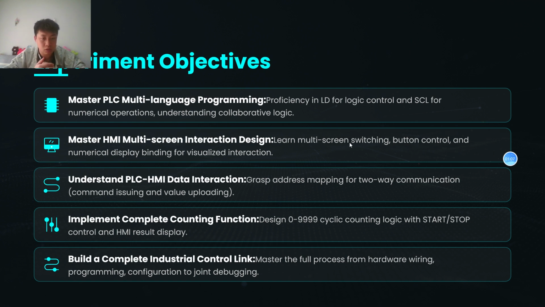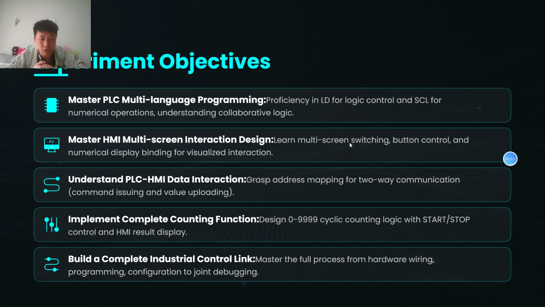Master HMI multi-screen interaction design, learn multi-screen switching, button control, and numerical display binding for visualized interaction, and understand PLC HMI data interaction, address mapping for two-way communication, and implement complete counting function. Design 0 to 9999 counting logic with start and stop control and HMI result display, and build a complete